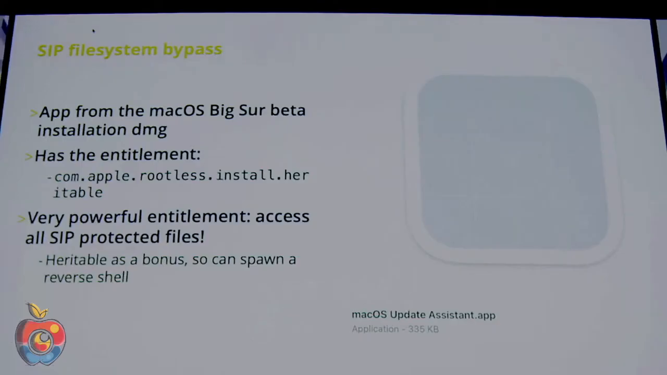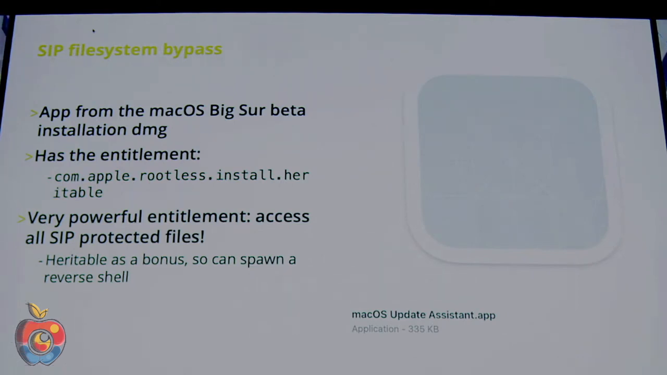Now finally, I also wanted to bypass SIP, of course. So to do that, I just looked at all of the applications that were available to me. I tried to find them everywhere that I could. And one of the places I looked is on the install disk for the macOS Big Sur beta. And on that disk, I found an application. I'm really not sure what it's supposed to do. But it has the entitlement